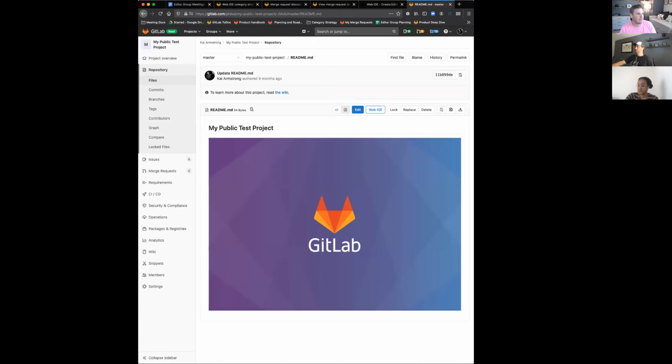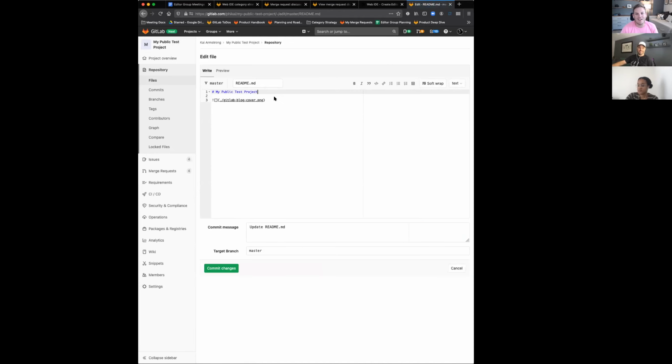Hang on one second. Okay. Oh, good, I put an image. This will make this much better to edit. Yeah, so this is the single file editor, right? And this hasn't been switched over to Monaco yet. I think it will be soon.